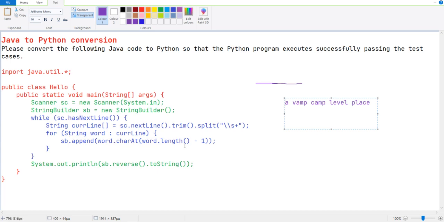So they are appending the last character of each word. The total length minus 1 will give you the index. For a word of length 1, 1 minus 1 gives the 0th index character. It will be added like A for a, P for vamp, P for camp, L for level, and E for place. Finally we got apple, right? Then they are printing the apple value in reverse order.